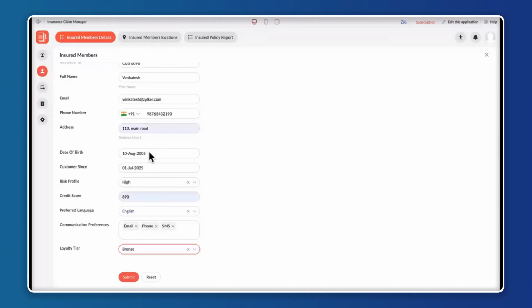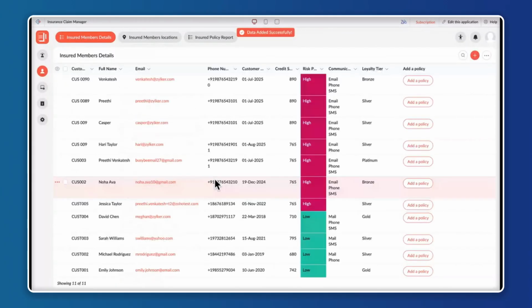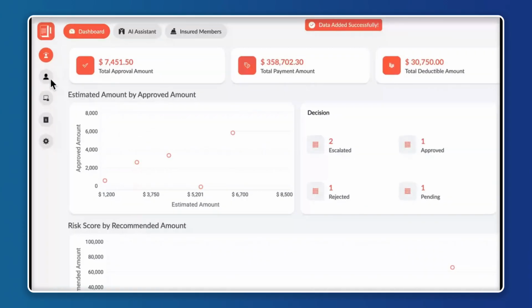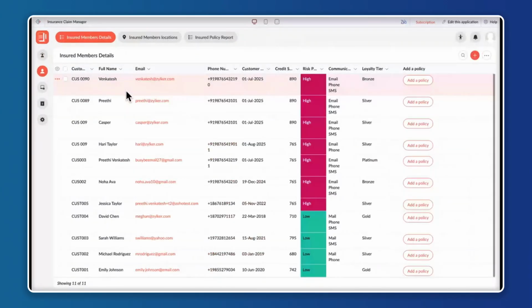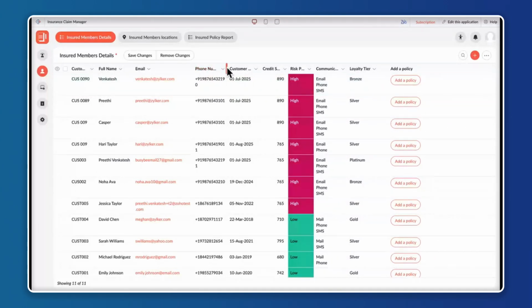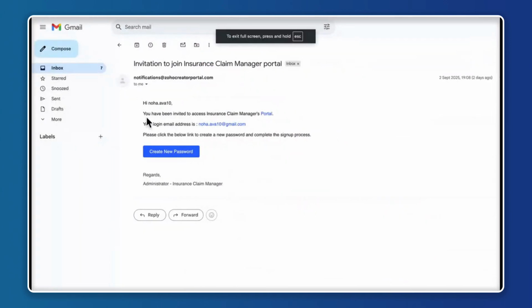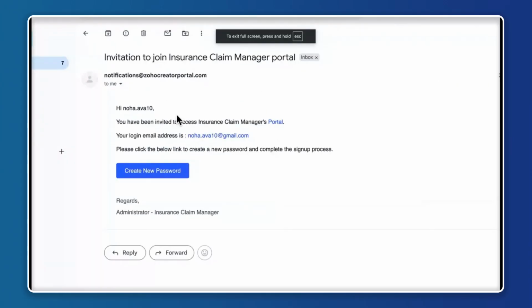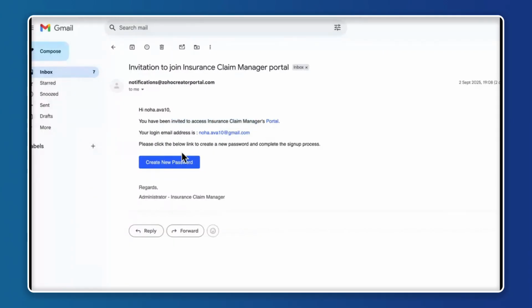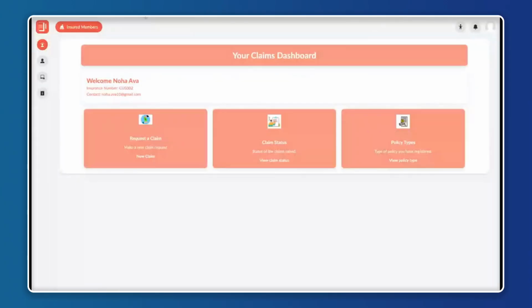Once I click the submit button, automatically this particular insured member or customer will get portal access to our application. Once they click on the submit button, a record will be added over here, and to their mail address they will get the portal access of our application. This is how the portal invitation will look. We can customize this. So this is an invite to access the insurance claim management portal. They just have to click on the portal link, create a new password, and they can log in to their